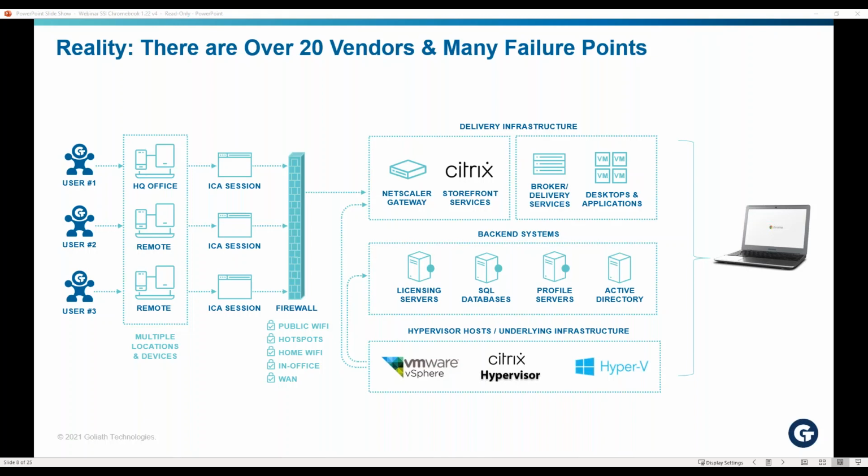So this is one of the reasons that we've turned to Goliath, because it's one tool, one portal that can get us to where the issue's coming from, whether it's something at the home user's network, and especially with COVID, the past 9 months or so, with many more people working from home, diagnosing these issues has been a lot more streamlined and much easier using the Goliath tools, because we can get directly to where the issue's coming from,